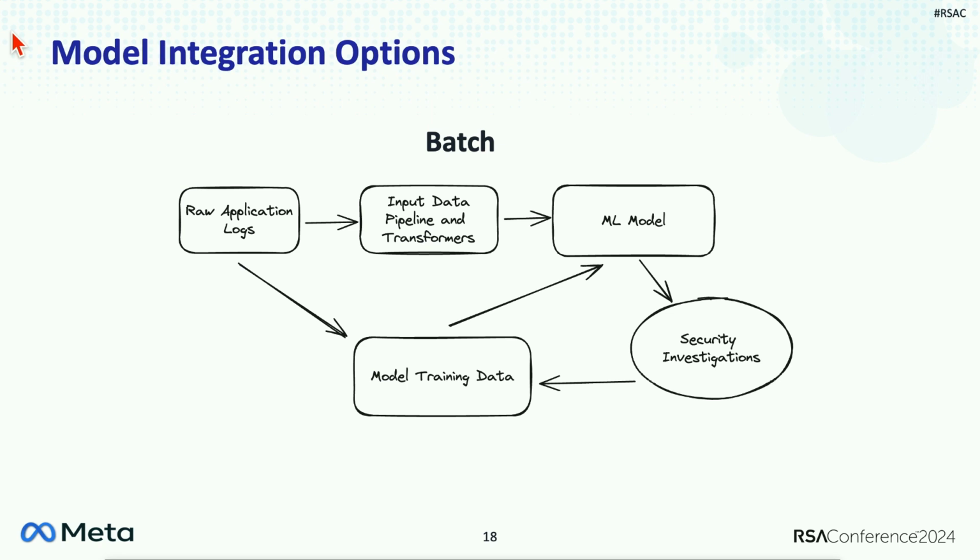So assuming you've gone through this process and you're happy with how your model is doing, how do we actually get this to integrate with our applications and or infrastructures? The first option that we have is a batch job. With a batch job, this is something that is running asynchronously, and so it's not actually interacting with your applications or infrastructure in real time. You might be writing to a security investigations queue and or an output table that your applications or infrastructure can pull from should they desire it.